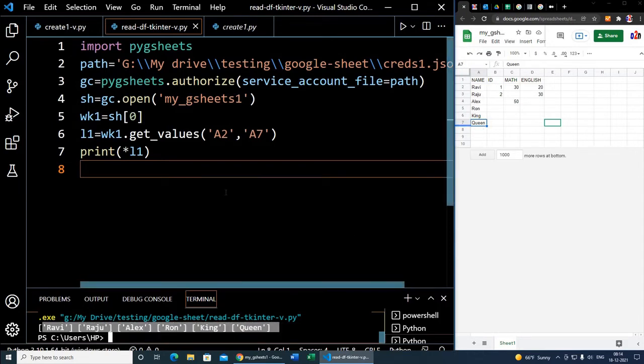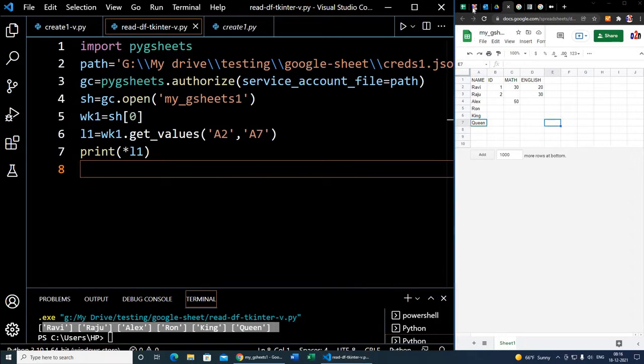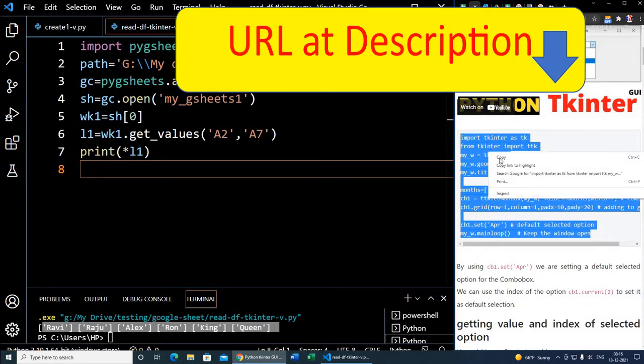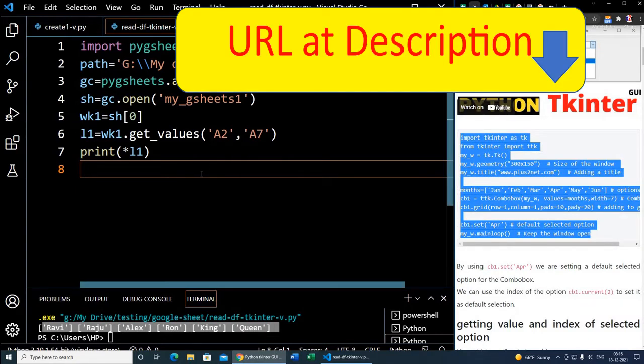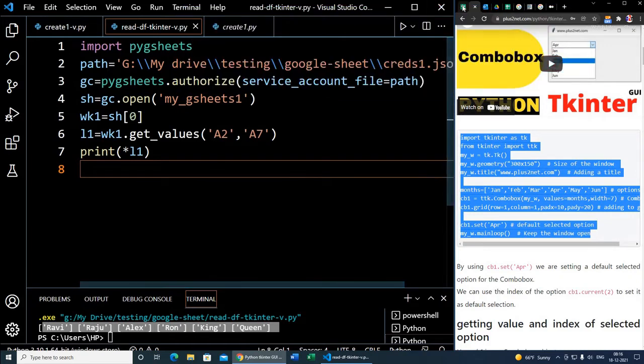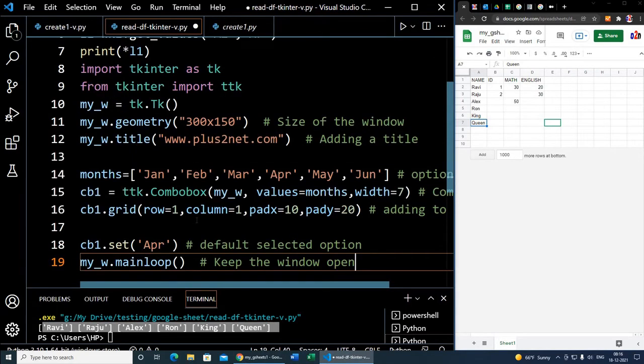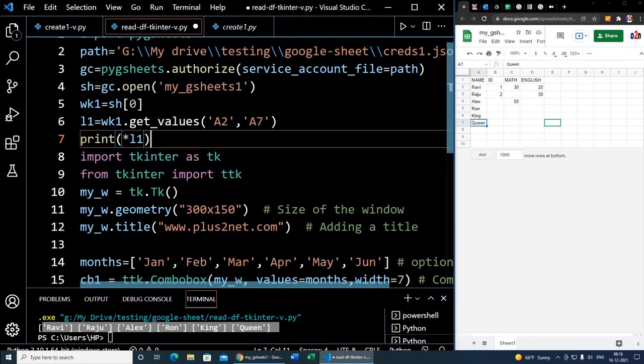Now in part 2 we'll go to Tkinter. Instead of writing the entire code, I'll just request you go to this URL. This is available, and copy this code. This code we have already explained in our combo box tutorial. In that, everything, how this combo box works, how it is pulled. I just copied it from there and pasting it here. A few lines of code are starting from here.